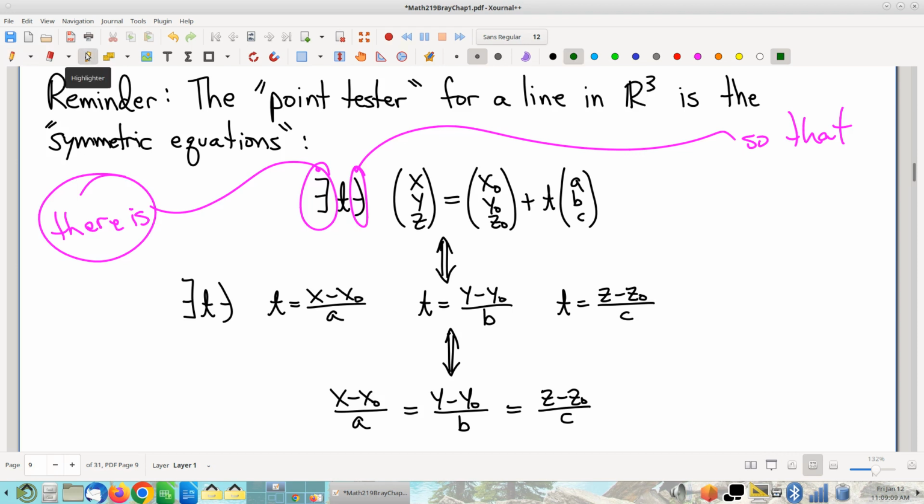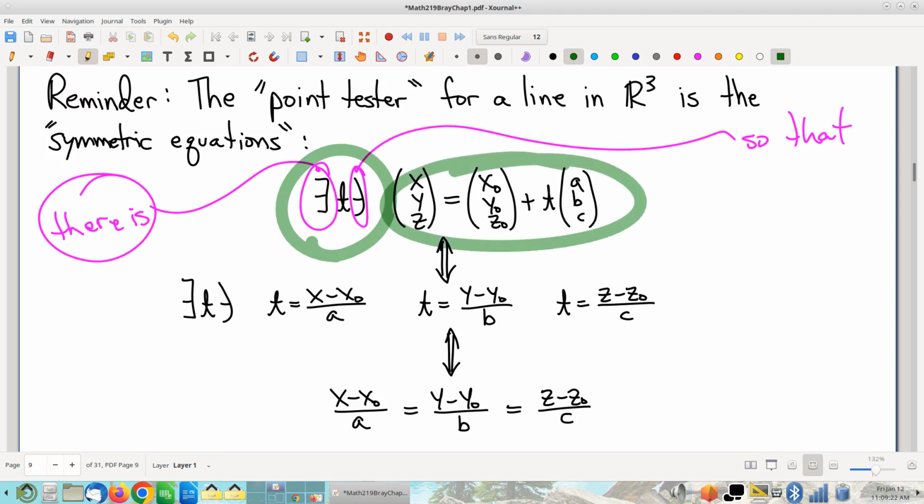Okay, so that said, if I want to test how I would decide if a given point is on the curve, there would need to exist a value of t such that my generator generates it. Now, again, I consider that a smart alecky comment. It's not immediately helpful. That's the whole problem: I don't know how to decide if there is such a value of t. Okay, but this works out really great